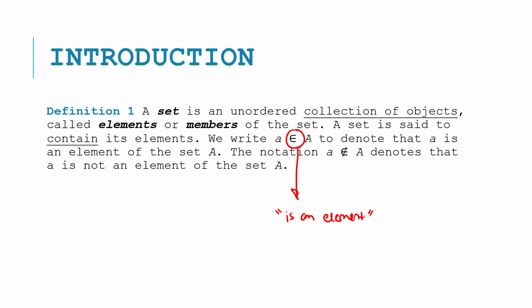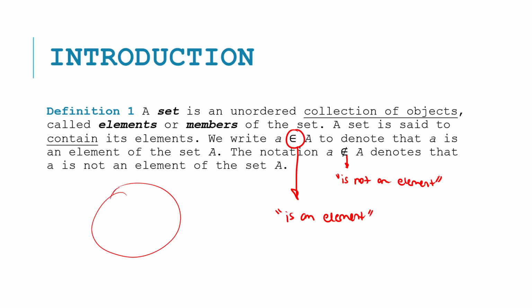of the set A. The notation a ∉ A denotes that a is not an element of the set A. Here, again, this is read as "is not an element." So when we talk about sets, just imagine a set as a circle, okay? And this circle contains the elements of the set or objects of the set, since basically it's just a collection